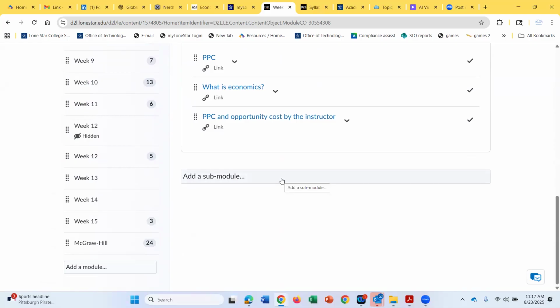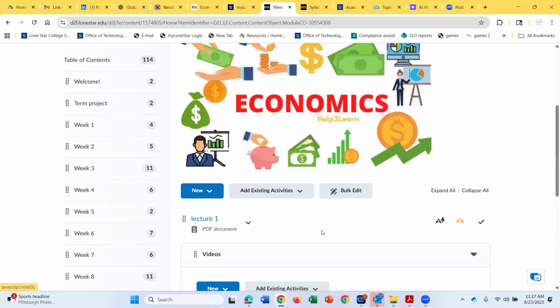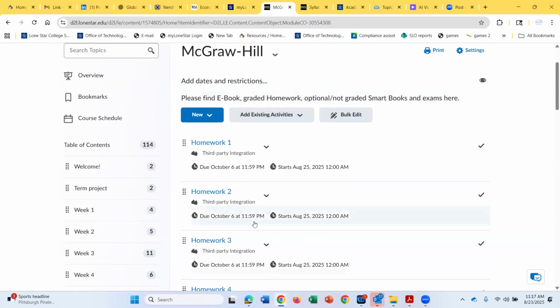So let me show you where you can also find the textbook. If you go to this McGraw-Hill folder here, and McGraw-Hill is the name of the publisher of our textbook, and click on it, you will have access to the electronic textbook, assignments, exams, everything will be here. And of course, we have a new feature here at Lone Star. As you guys probably know, you already paid for the textbook through your tuition. So